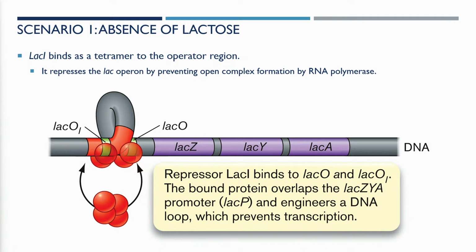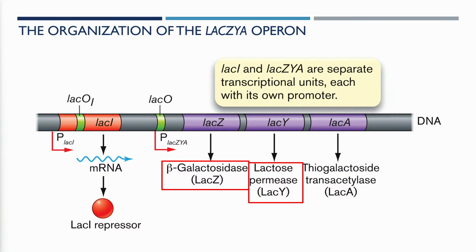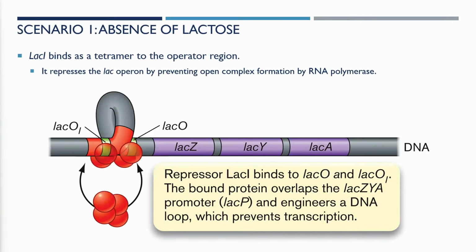So in this scenario, we have absence of lactose, and so this lac-I can then bind to this region. So how does lac-I repress the lac operon? It forms this tetramer. So lac-I is this red circle, and you have 4 of them, and basically it forms a tetramer that binds to 2 different operator regions that you don't have to really know, but just know that it binds to its operator region, and basically this binding